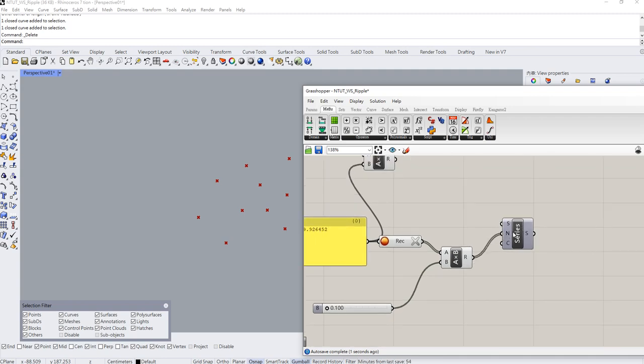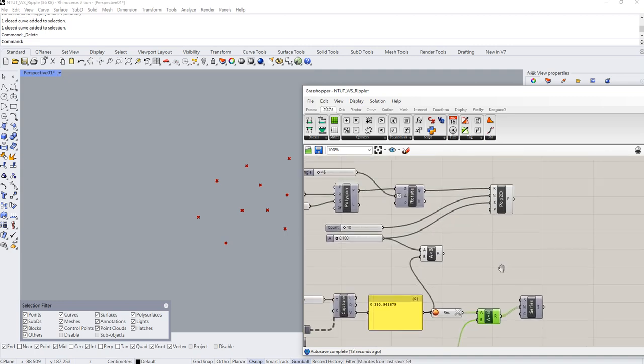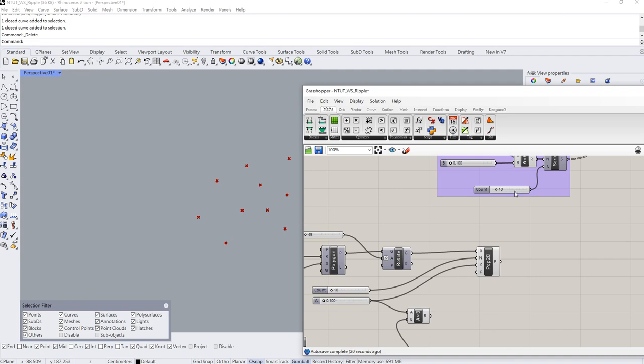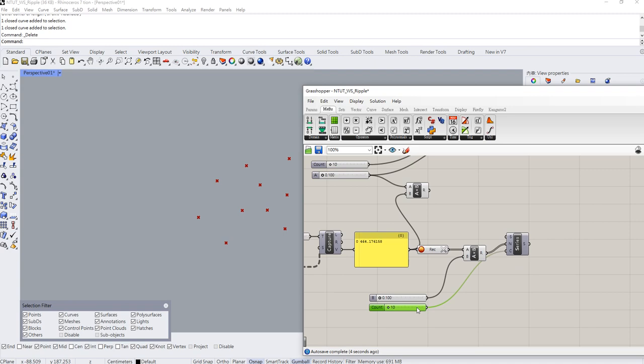So for now, the number we generate will be based on the value of our song, and also every time it will have a random step. So the size of the multiple circles will be different. For the count, I would say maybe just stay at 10. It will be fine. But if you want to define it, you still can give this one a slider. So let's type in one more slider, Ctrl C and Ctrl V to copy, connect to here. So for now we can generate 10